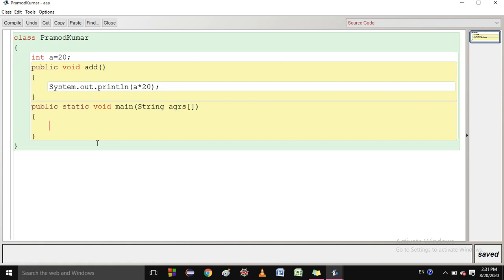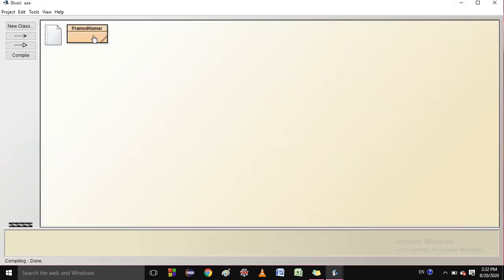Next topic from your book is creating an object. I explained executing and running the methods. Class as an object factory. That means it is written that class is an object factory because you can make as many objects as you want. Let me show you. Because you know that the animal class group has many objects like elephant, cow, dogs, and many animals. So that means this class Pramod Kumar can have many objects. So let me show you how you can make many objects like this.